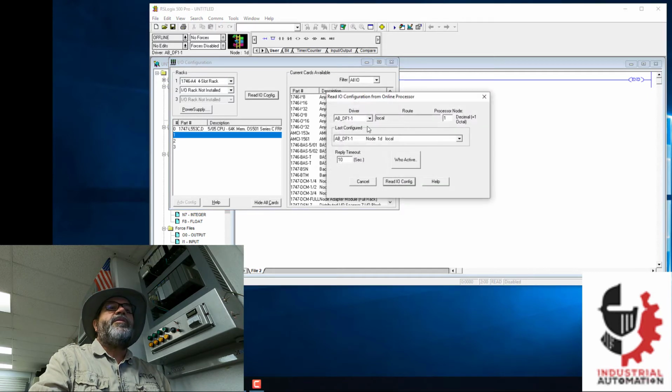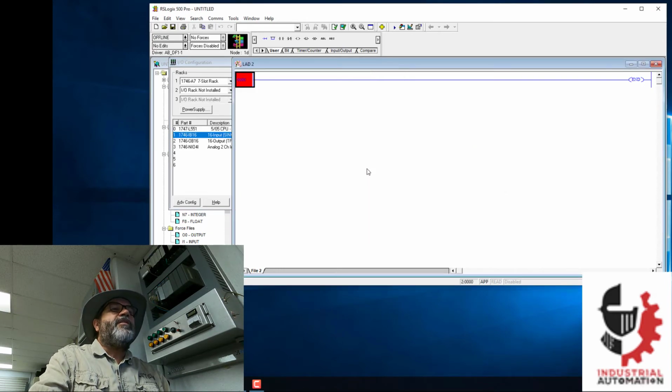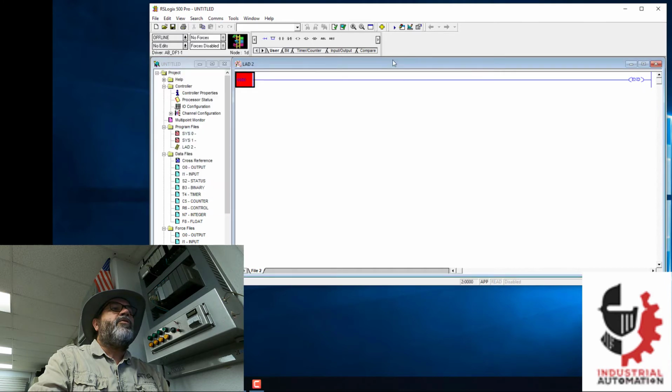Make sure that the ABDF1 driver is selected. Sometimes it comes up with none selected, so make sure you select the right driver. And then read I/O config. And it asks you a question, and hit OK. And it's done. So now I've got all of my I/O configured. And I'll close that. Okay, so now I have a new project with my I/O configured,